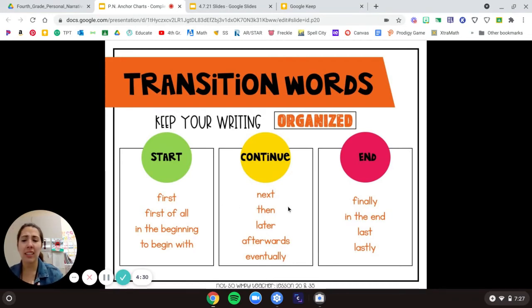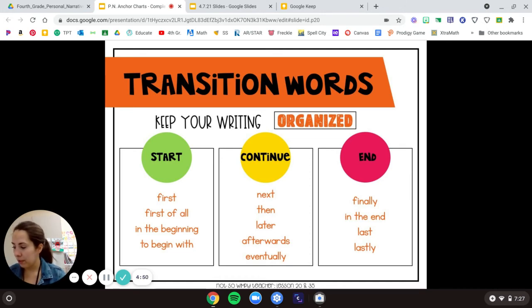Then, when you're getting ready to continue your story, you're going on to the next part. Things you might say are next, then, later, afterwards, eventually. Okay? Those are just a few that you might say in the middle.